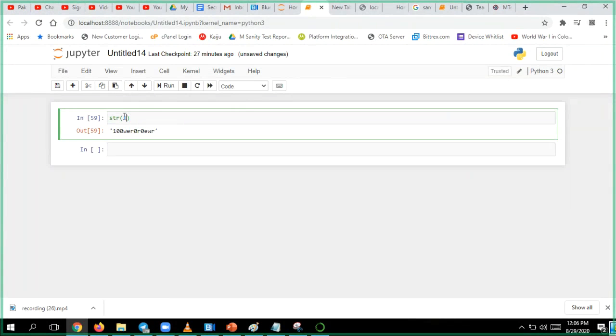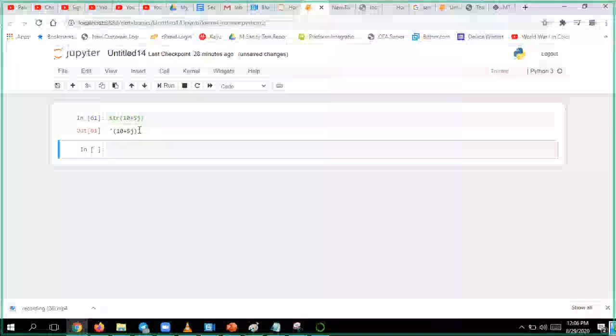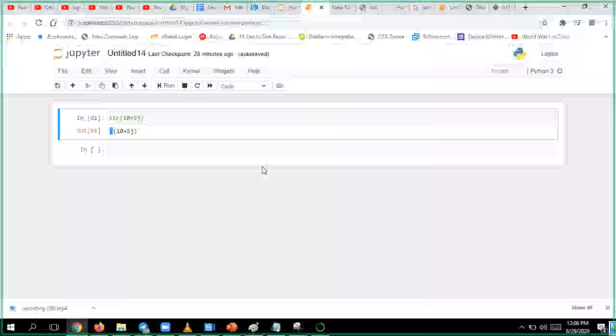I will give float also, no problem. I will give complex, 10 plus 5j, no problem, I can convert it into string. See, string means it will be converted like this. So any data type you can convert into string data type. There is no issue at all.